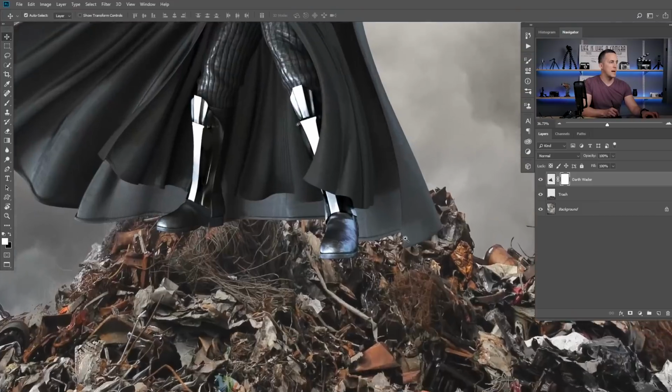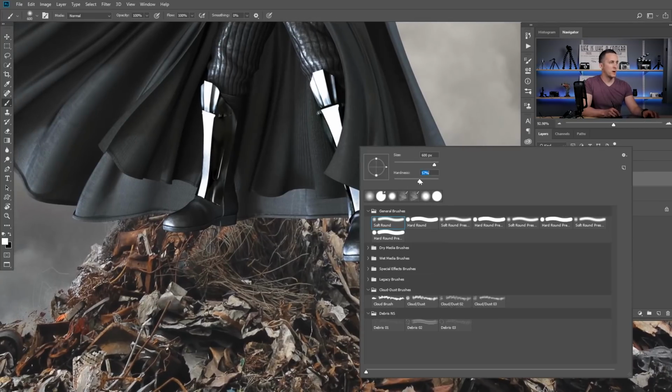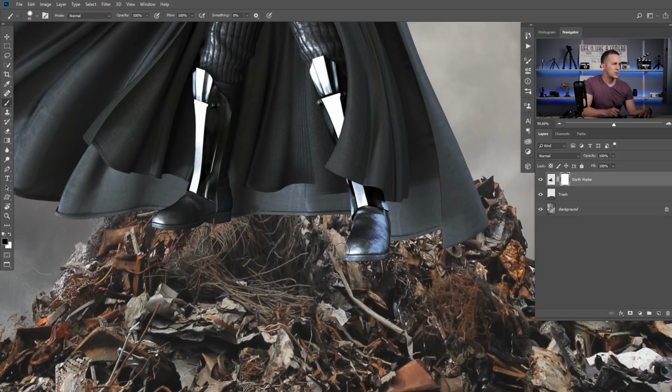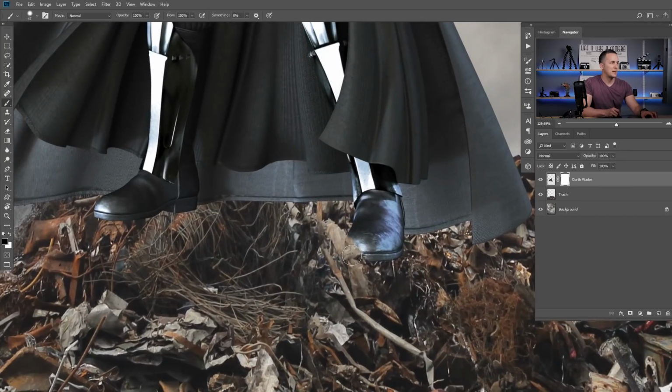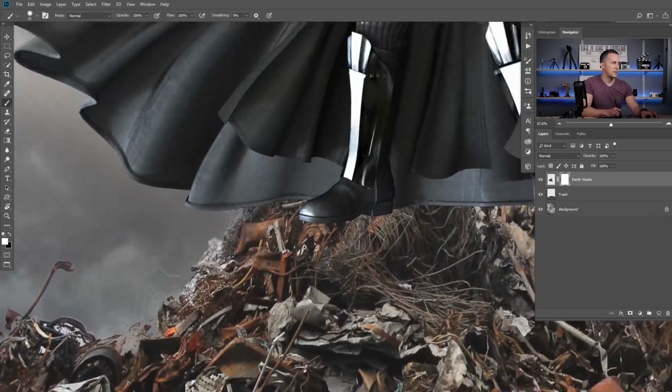So that's it. And now I will go use a brush, harder, a little bit around 50 or so percent, and smaller one, black color, 100% opacity, and just hide some parts here to have the impression that he is actually standing somewhere in the trash. Maybe I can hide everything here, or leave this like this. Nothing special, but to have that impression that he is behind those things here and here